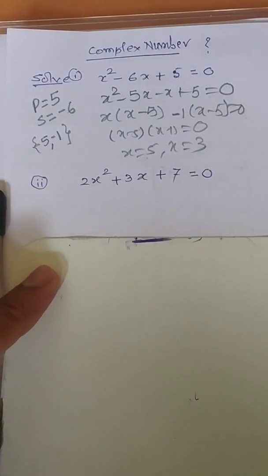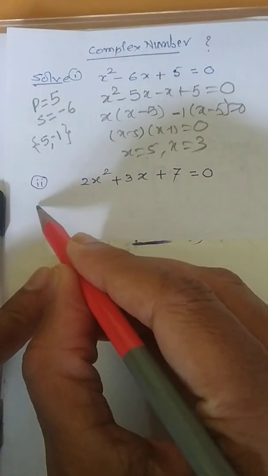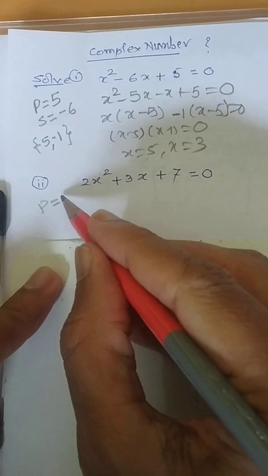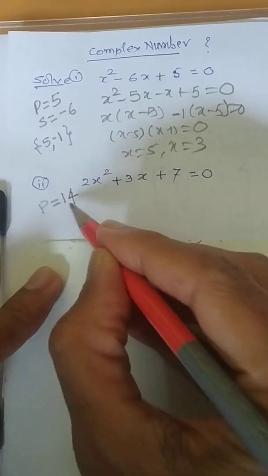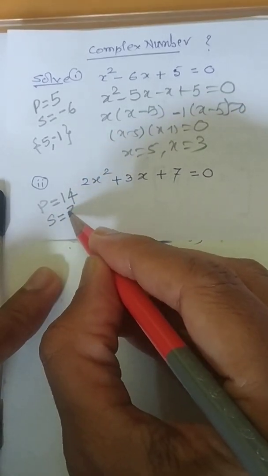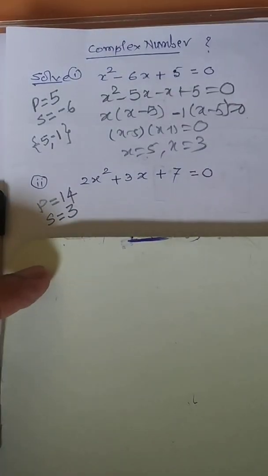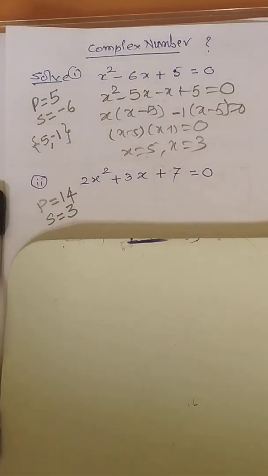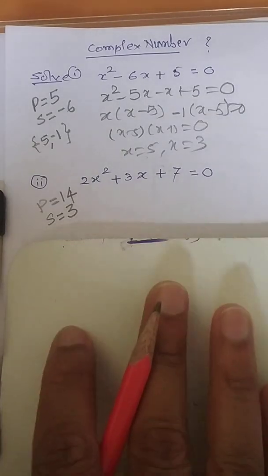But if the question is asked like this, say here the product must be what? Correct. Product must be 14 and sum must be 3. Do you have any option where the product is 14? Because product 14 can be obtained as 14 into 1, 7 into 2. There is no other option and with that there is no possibility you can get the value as 3.